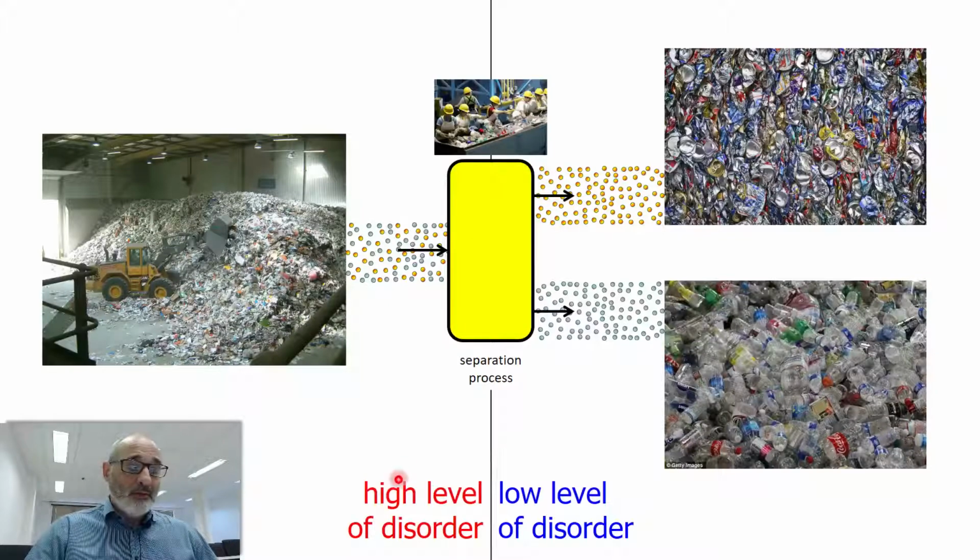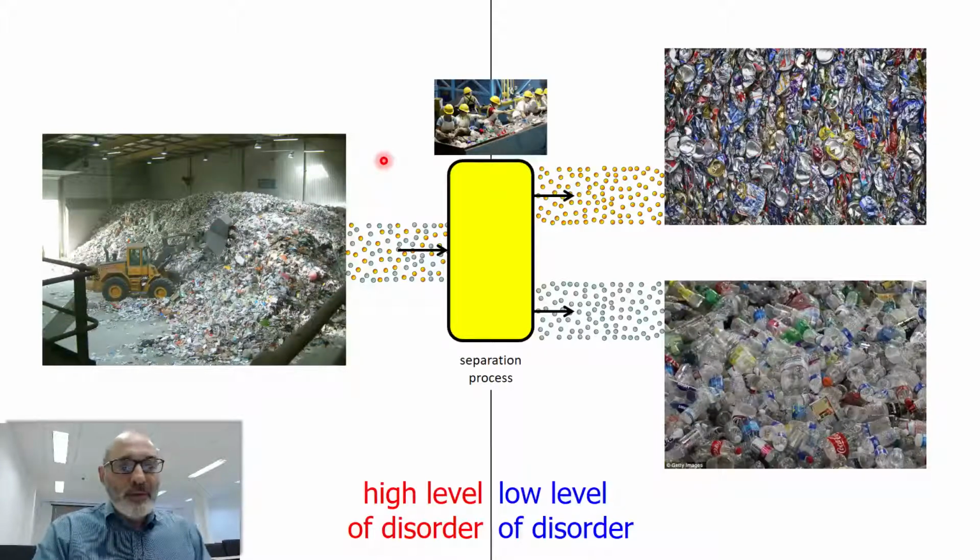Because you have a high level of disorder on the left side when the components are mixed up, and on the right side you have a low level of disorder, where the components are separated or less mixed, okay? Anyway, in order to increase the level of order or to decrease the level of disorder, you have to actively do something, and you can have